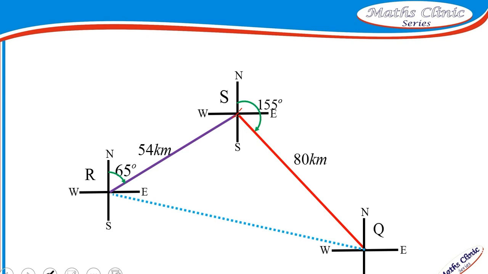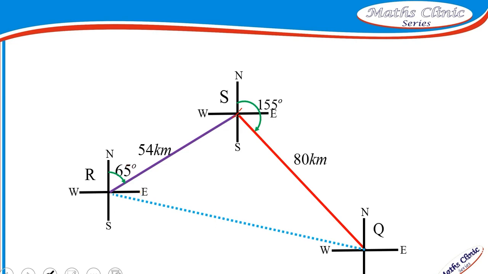Normally, anytime you draw bearing and you get 3 points, check whether you can get 90 degrees in any of the interior angles, which of course will make it very easy to work with, because in that case you can apply trigonometric ratio. But where you realize that none of the angles gives you 90 degrees, then you need to apply cosine rule or sine rule. We'll take an example of that sort later. So I know that